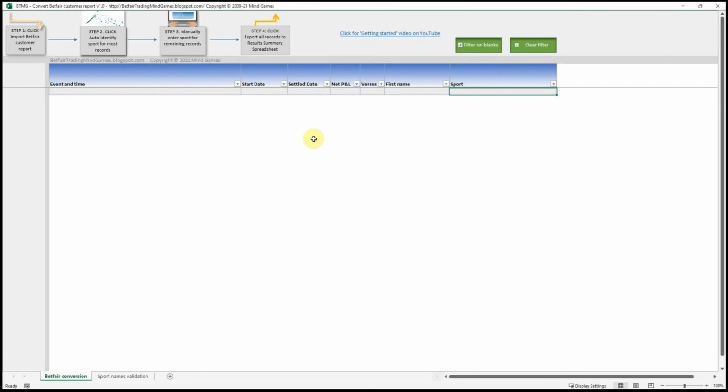The first time you open it, you might be asked if you want to enable macros. You need to say yes to enable macros, and then you just go to step 1, to click to import the Betfair Customer Report. So that customer report must be the only other spreadsheet that you have open. And then you click on import,